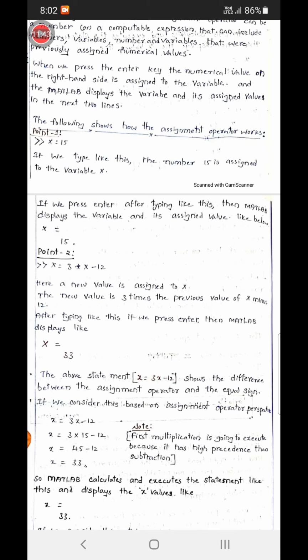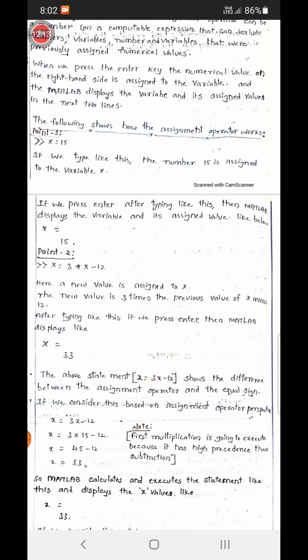Initially we assigned the value 15 to x, and now we are assigning a computable expression. The variable x is the same, but in point 1 the value 15 is assigned, and in point 2 a computable expression is assigned. Observe the difference.